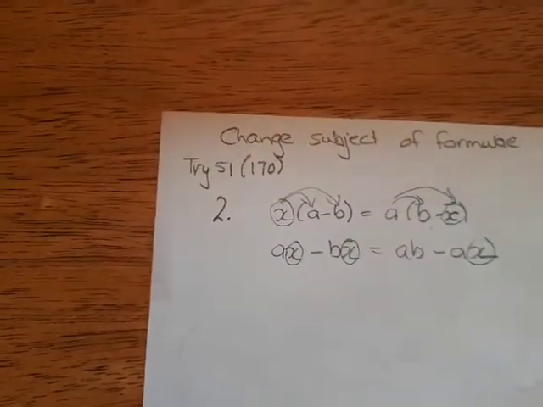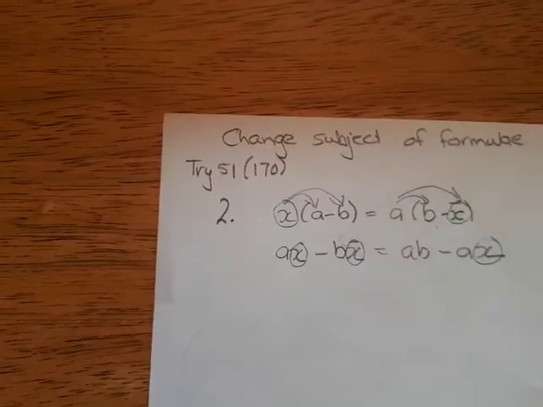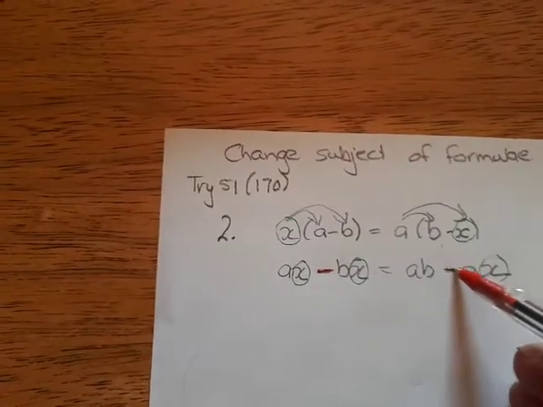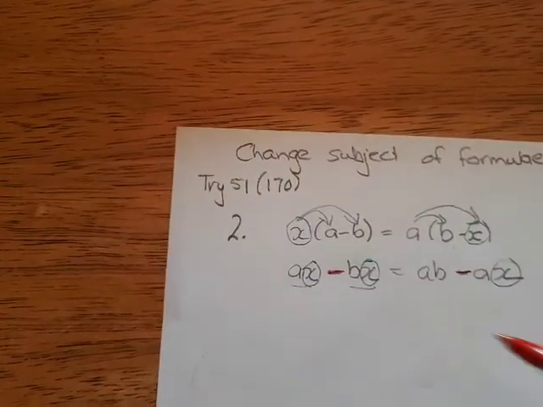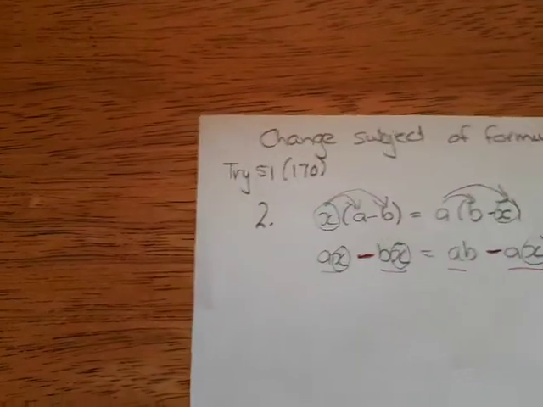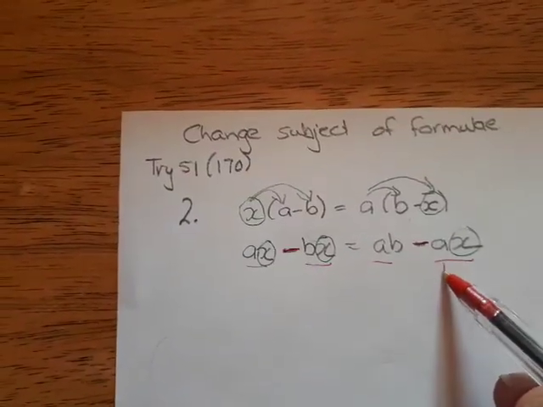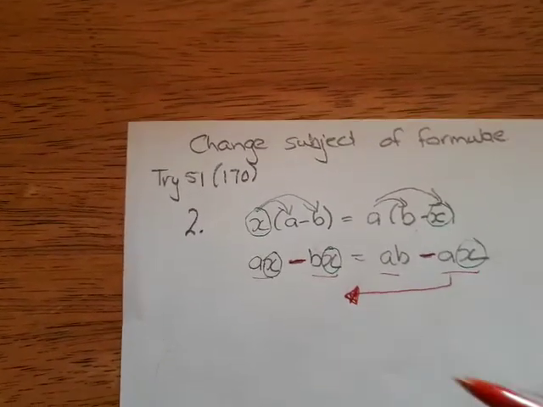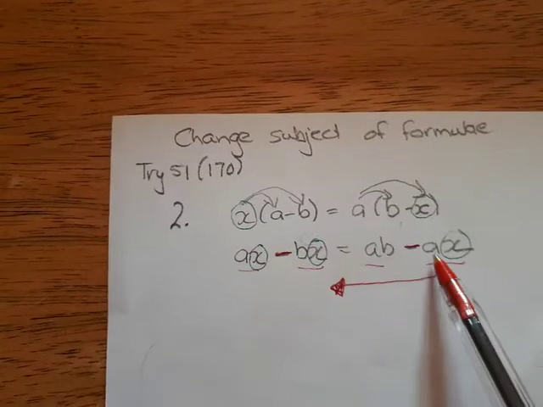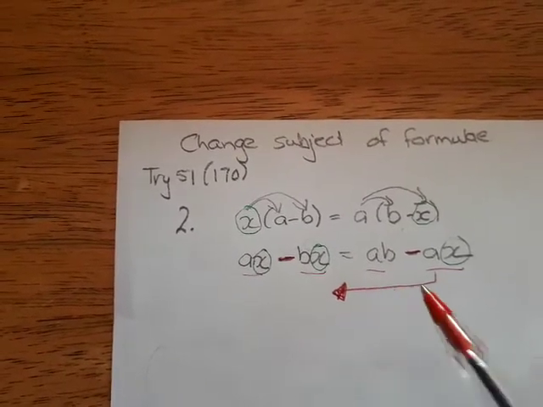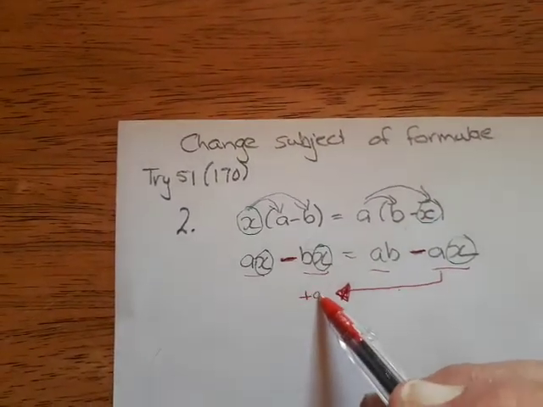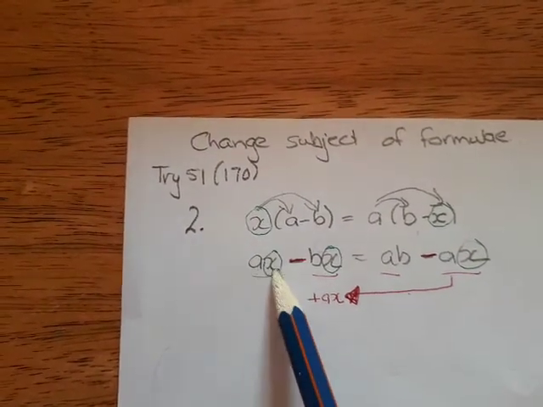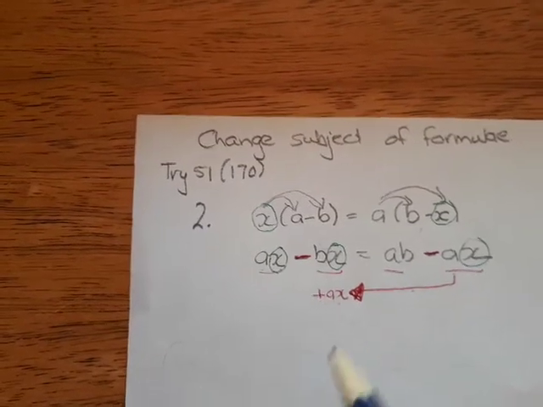And then importantly, because we've got a minus there, and because we've got a minus there, we've got two terms on the right side and two terms on the left side, which means I can now move the X over to that side, because remember, I want all the X's on one side. So I will be doing Try, which then becomes plus AX. Okay, if you then see this is AX plus AX, then that gives me